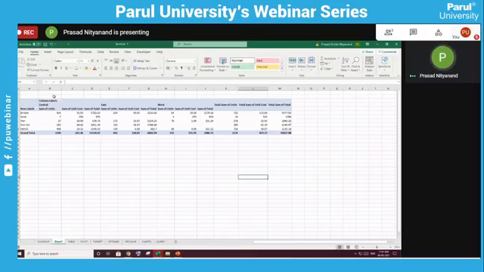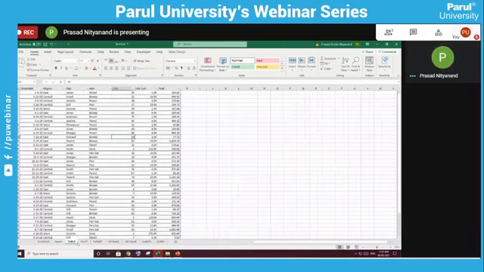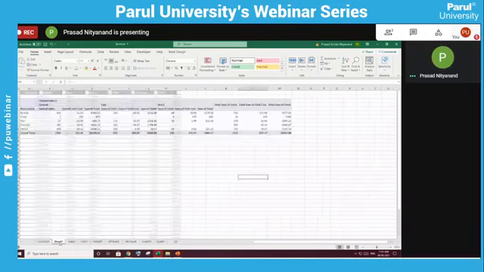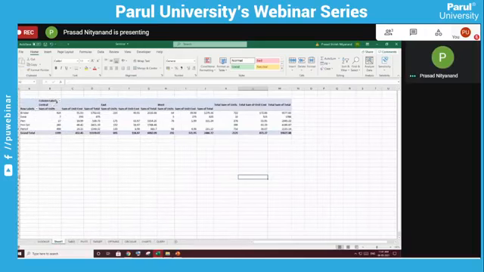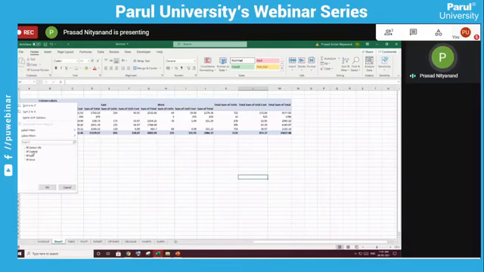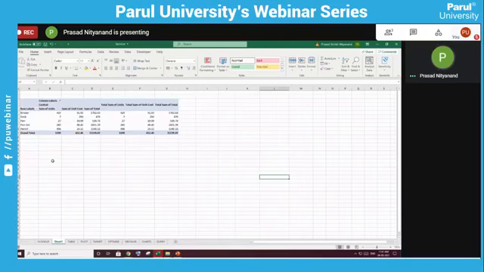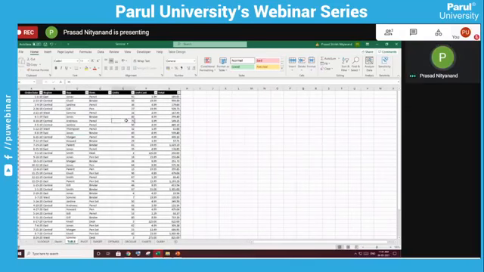So this is how you can see this pivot is generated from the table. You can filter here, for example for the central region. First have a look at this table. This table is nothing but, in which region, who is the recipient of this item, how many units he has purchased, what is the unit cost, and what is the total cost.